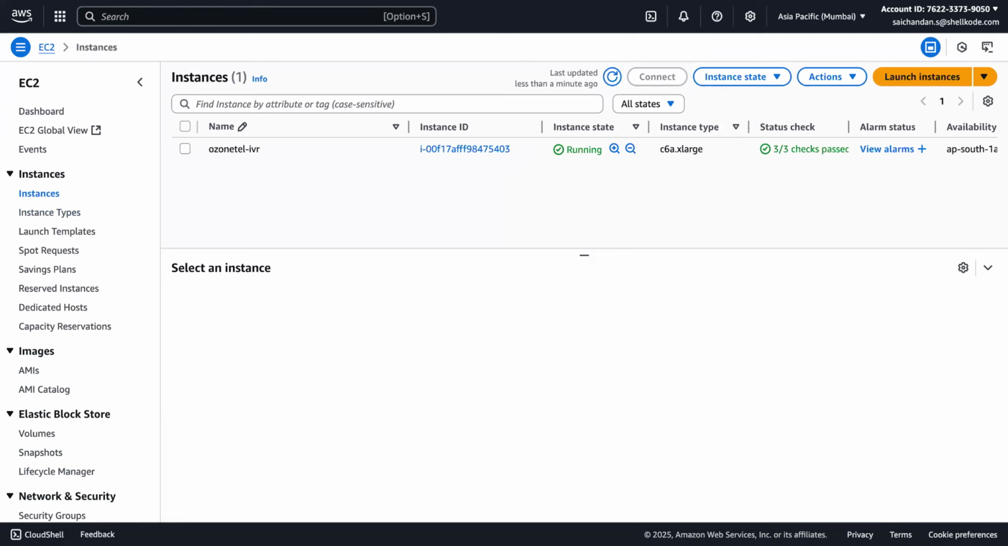So, I'll start with the basics. Okay, so on the EC2 instance. EC2 is one of the AWS services that is available where you can create